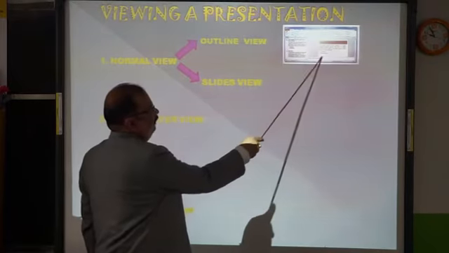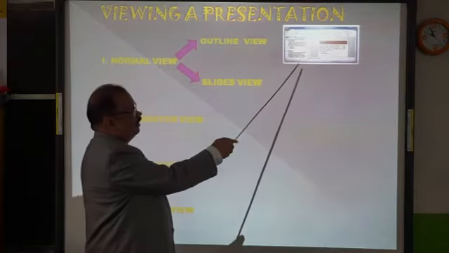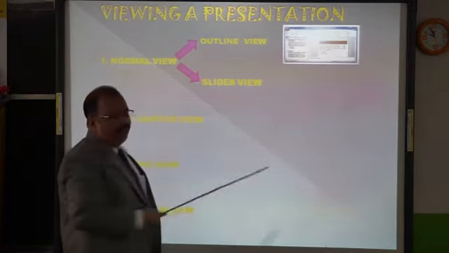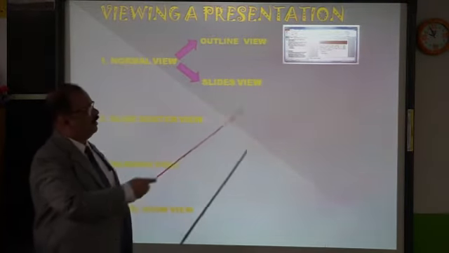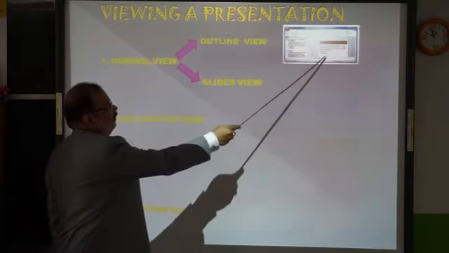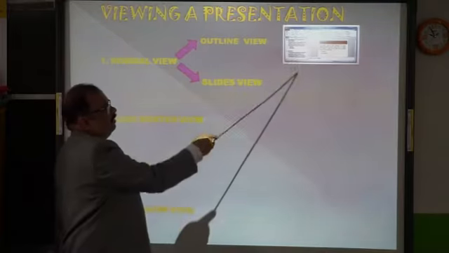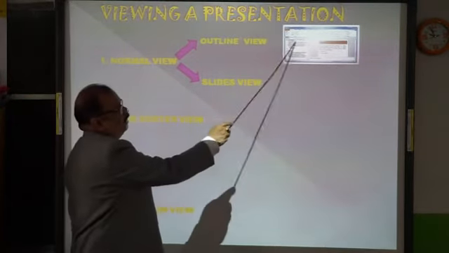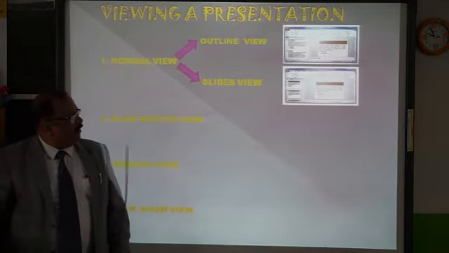Right side you will have the slide, left side all the text will be there. Okay. So one by one you can add something if you want. You can add the text, you can add the picture, you can add the audio, anything. Okay. So this is the view. We call it outline view. This side also the same thing will be there, not in the form of slides, but you can do the changes here. The next one, it will be in the form of slides.